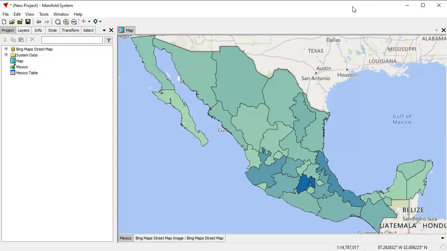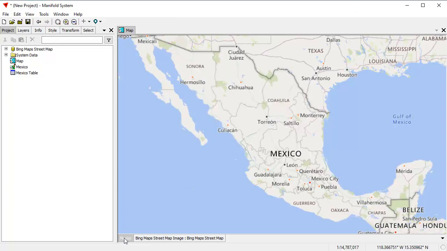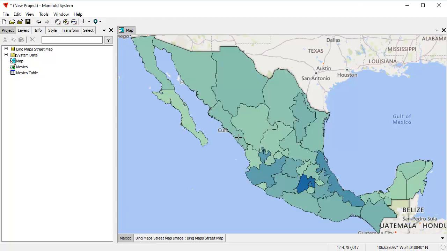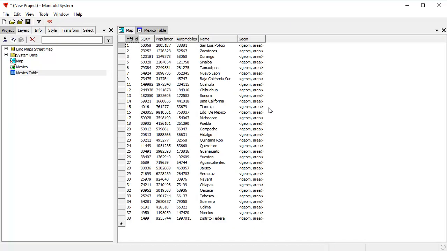We're looking at the Manifold Release 9 desktop with a typical map, and what the map that we have open shows is one layer that shows provinces in Mexico that have been colored using a color ramp by population, where darker blue is a higher population, like in this region around Mexico City, and lighter greenish colors are less populated areas. And what we're going to do is pop up the Mexico table, which is the attribute table for that